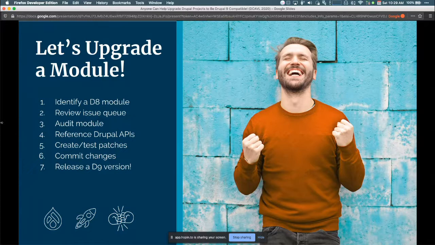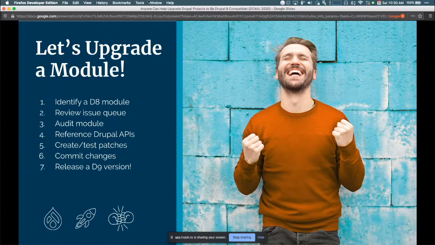We'll have to deal with patches. So that's a whole world, and there's a lot to that. But just what I'm going to show today is that we've already got a patch submitted to us by someone in the community, which is fantastic. I did not have to do it. Someone else did that for us. And we'll commit the changes and release a D9 version if we can finish that all up in time. So let's see here.